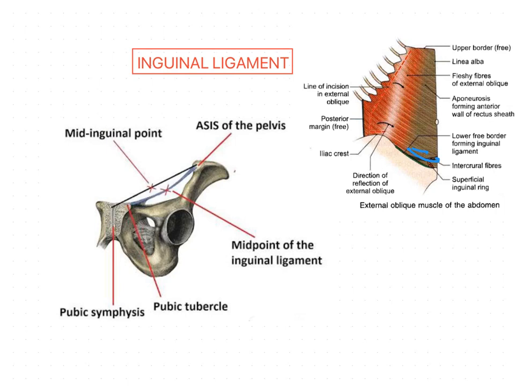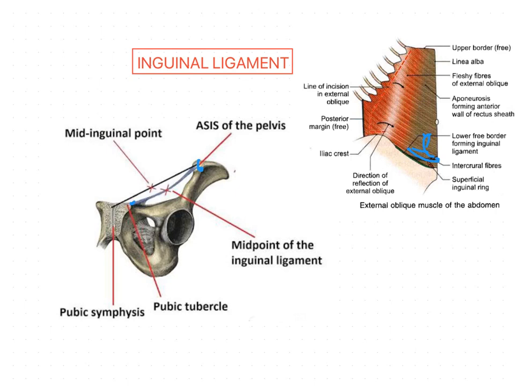The lower border of the external oblique aponeurosis is thickened and folded backwards on itself. So like this the inguinal ligament is formed, and it extends from the anterior superior iliac spine to the